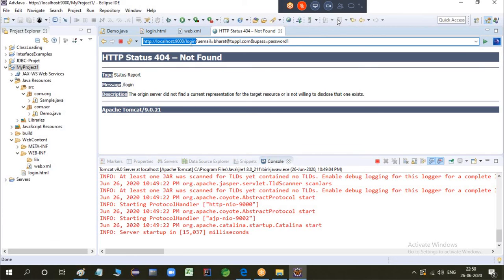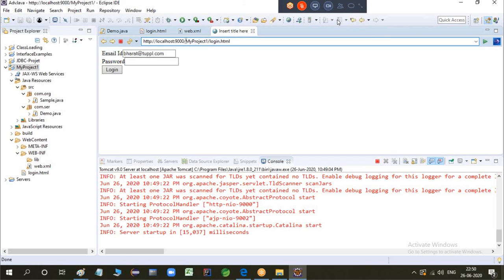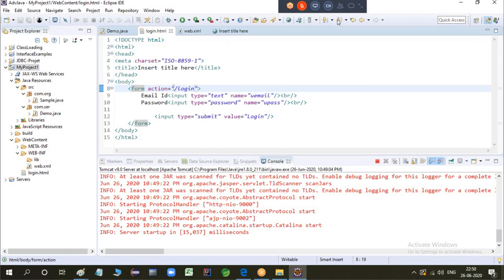Okay, see, directly after 9,000 it's going to log in. It's not taking the project name. So I guess I need to give here the project name as well. Copy login.html. I want my project 1 and login. Save this file